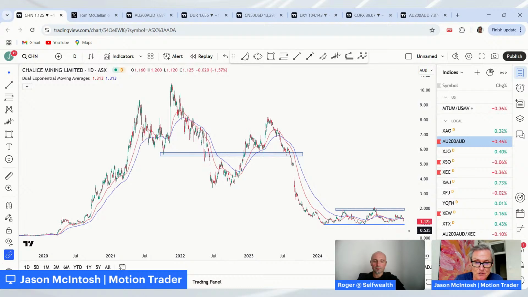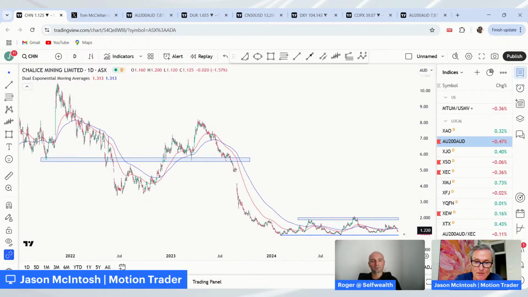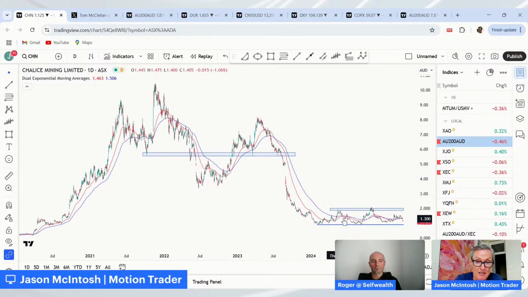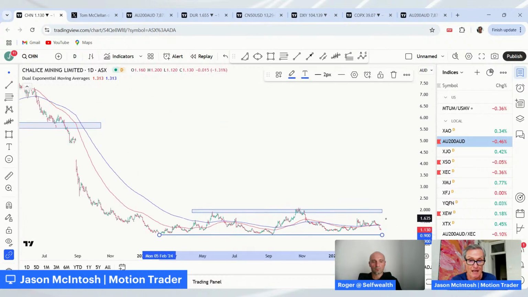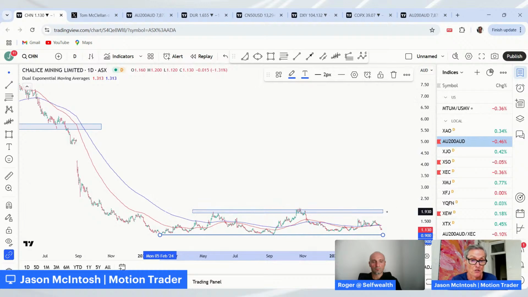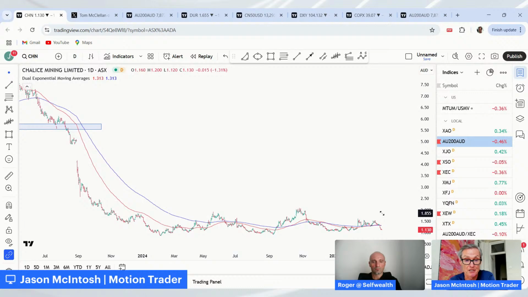If I was in it, look, I think an important point to watch would be this support here along 87 cents. If it were to break below there, it would be a sign that there could be another significant downward move, and by then it's running out of runway before it hits the end point. So I don't know. It's a stock I'd be concerned holding. I'd be looking at how am I going to protect the capital I have in this stock? To buy it, I need to see it get back above moving averages and start to break above $2. Then we can look at it. But at the moment, it's a high risk situation.